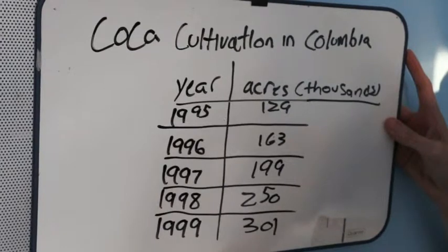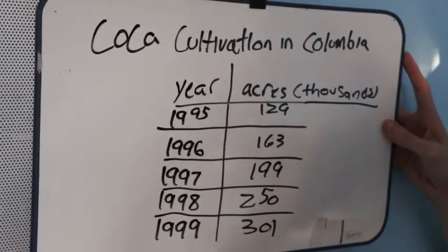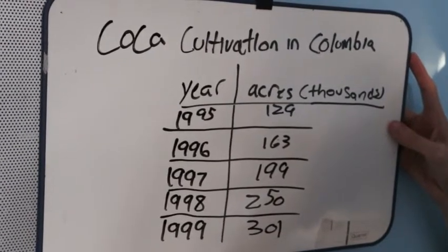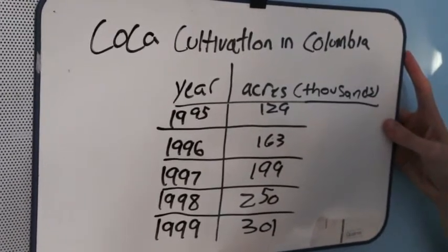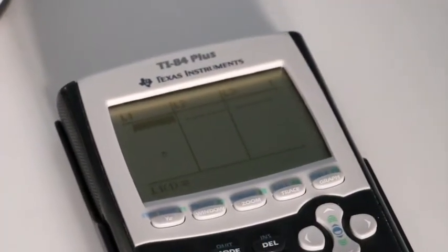Now, for quadratic regression, we do data from coca cultivation in Colombia from 1995 to 1999. Now, almost exact same process. So let's get down to the calculator, TI-84 Plus. So let's turn on. Let's go back to stat. Then we go to edit again, enter. Then let's head to our L1